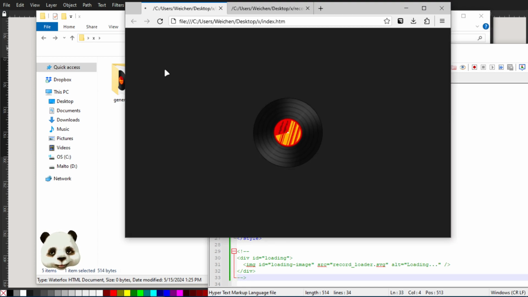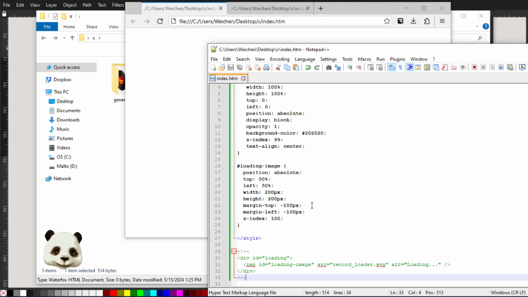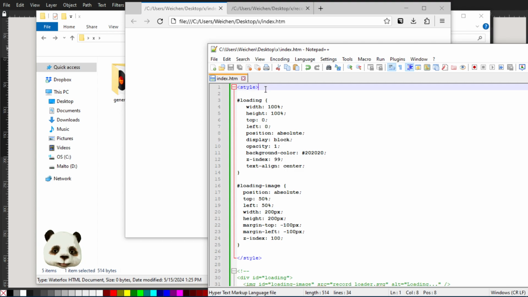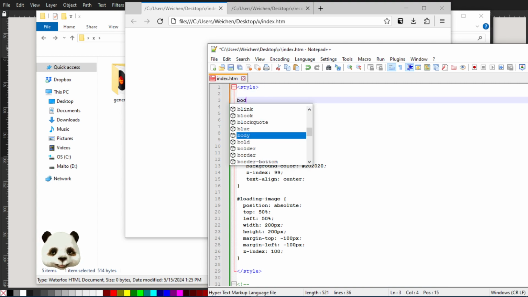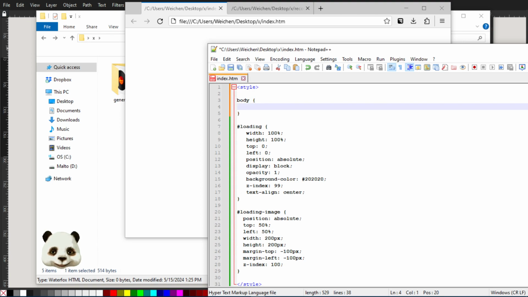So right now nothing is loaded over here, right? And I want to disable it, so I can go in here and let's address the body. Basically everything that encapsulates the page. The browser is going to create the body for me, so I don't have to write it manually. So let's say for our body,